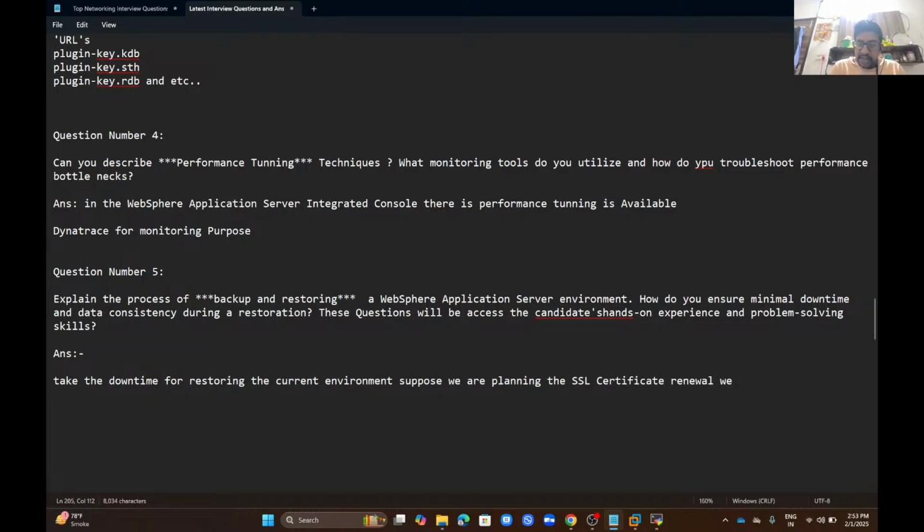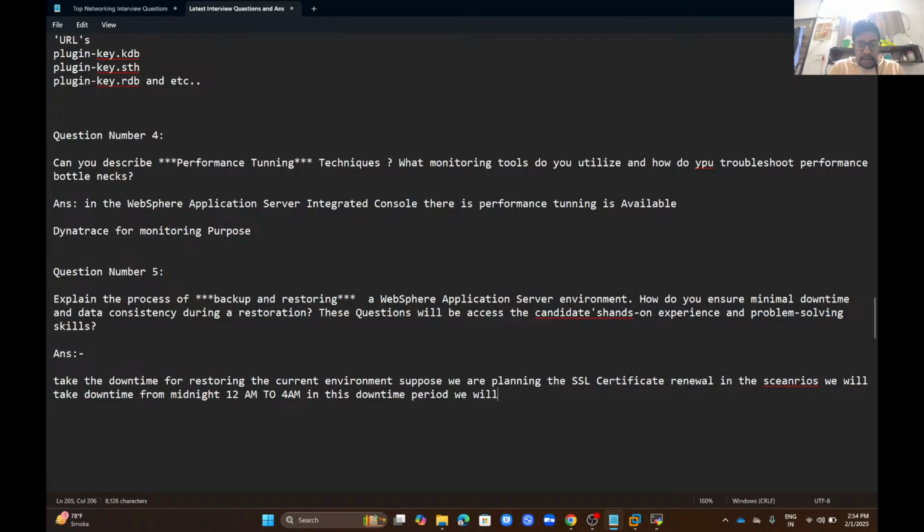In this scenario, we will take downtime from midnight 12 a.m. to 4 a.m. In this downtime period,